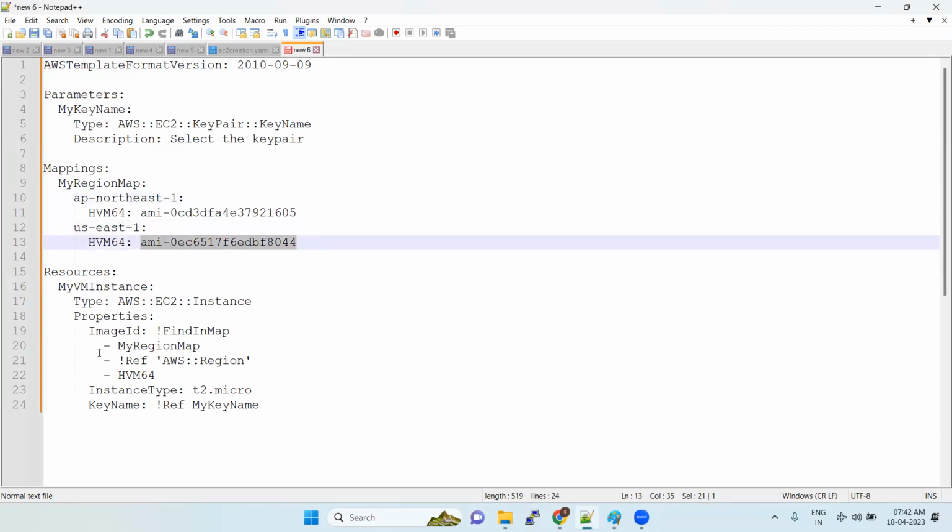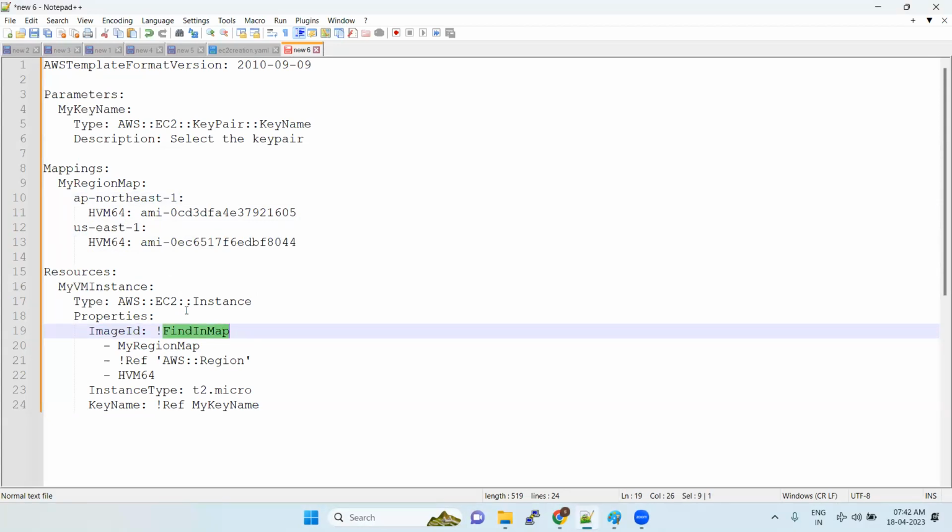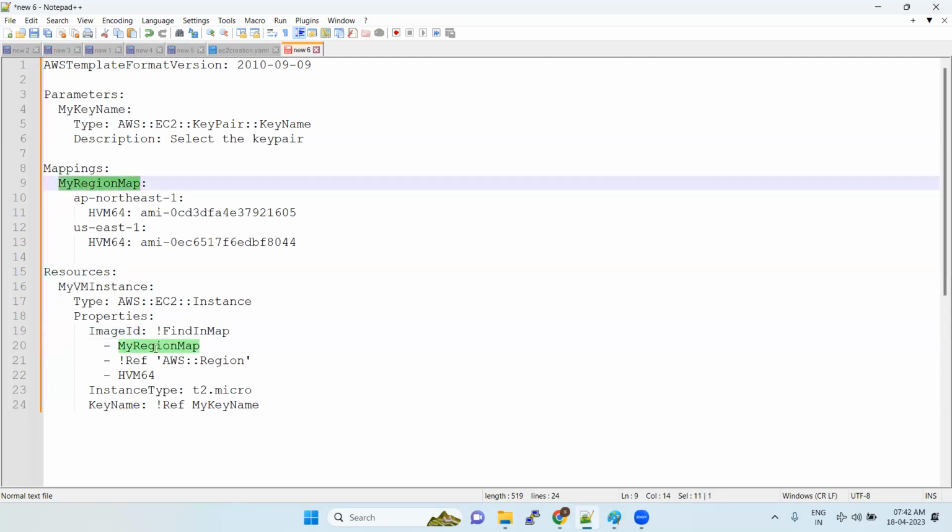So for the image ID, you can take it. FindInMap is a function. It will look for the mappings. FindInMap is nothing but, wherever the mappings are defined, it will look for this particular mapping. So my region map is the mapping. Then Ref AWS::Region, which one do you want to refer to? That one we will refer to by using this